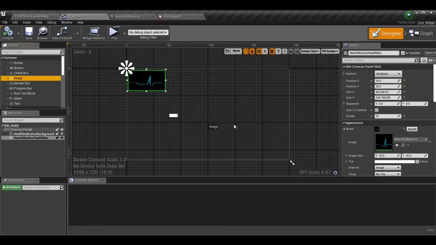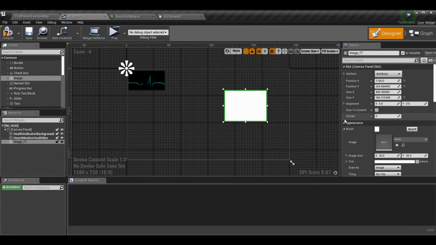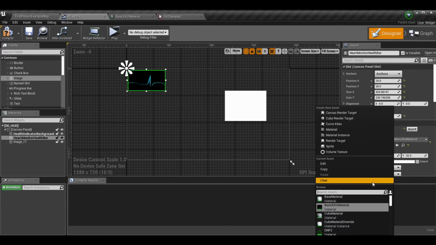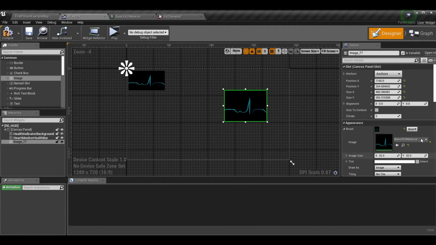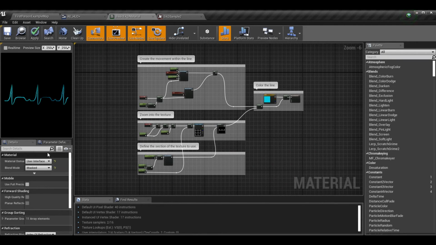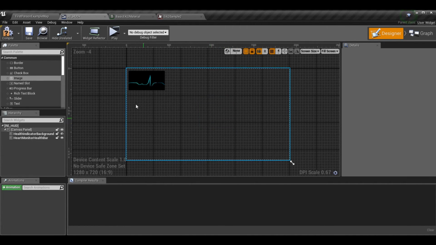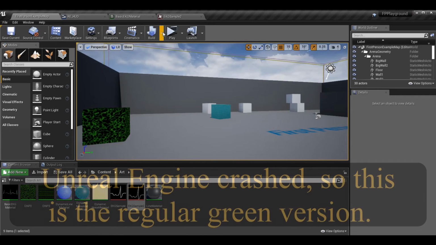And I'll show you here for reference. When you look at this, if you go to the appearance tab on the right in the details, you can actually go to the image. You can see that there's the basic EKG material there. And here it is, sorry. So here's the basic EKG material. That's all you do. If you set it to user interface in the material domain, then this will automatically allow you to use it as an image on the HUD. So if we save this,